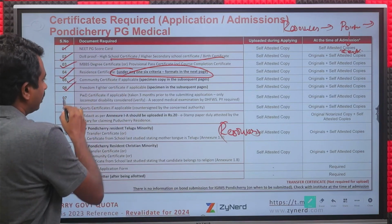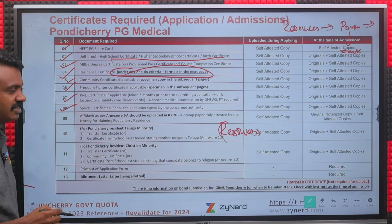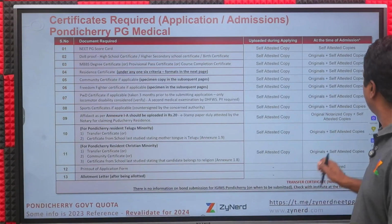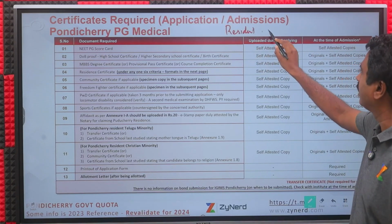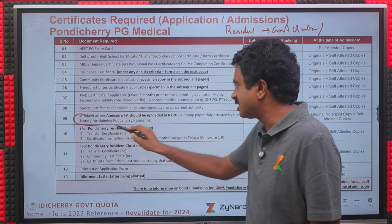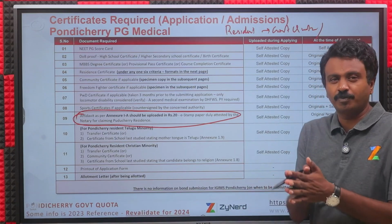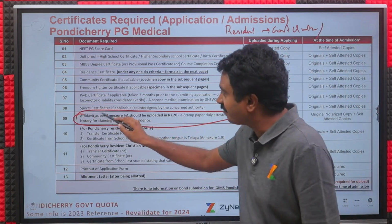Freedom fighter certificates, community certificate if it is applicable, and PWD certificate and sports certificates if it is applicable. Now we come to an important part in Pondicherry, which is the affidavit as per Annexure A. Pondicherry clearly defines that if you are claiming that you are a resident of Pondicherry and you want to be eligible for government quota or the minority seats, etc., you should not have claimed residence anywhere else. So let us say you have claimed residence in Tamil Nadu or in Kerala, then you might not be eligible for Pondicherry government quota. So you have to take a decision, because you will be submitting an affidavit in a